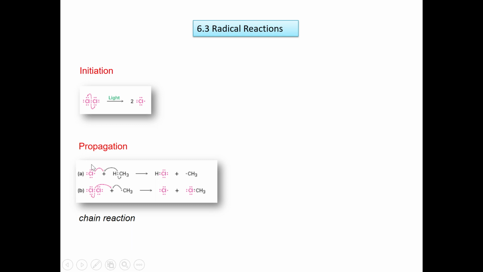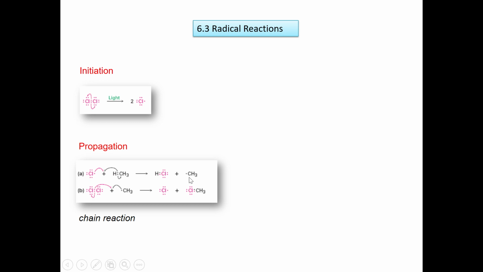Propagation: this chlorine radical is reacting with methane. The chlorine is reacting with the hydrogen, forming a bond, and at the same time we're breaking this bond between the carbon and the hydrogen in a radical way. Okay, remember that hydrogen cannot expand the octet, they only have one orbital. That means that if we form a bond, we have to break a bond. And what we form is hydrochloric acid plus the methane radical, CH3 radical,